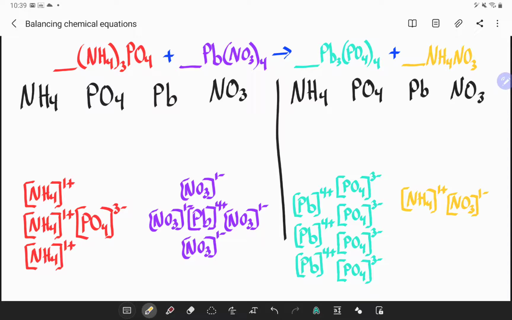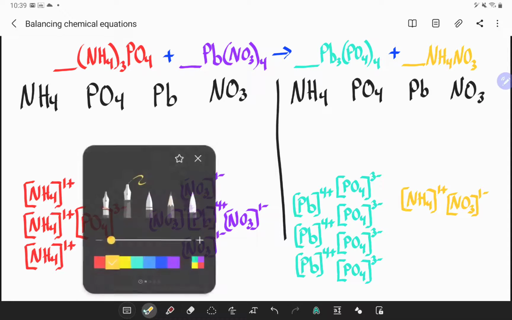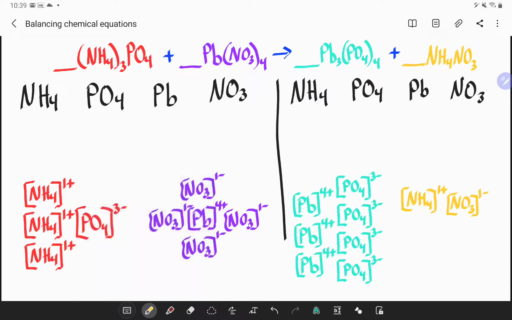Different atoms that are paired with one another break apart and pair with something else. As we can see, an example of that is lead. It's bound to NO3 at first, and then that breaks apart, and now the lead forms with the PO4. And so we have this breaking and forming of bonds, and that's why, as we did in the last problem, when we're counting things,